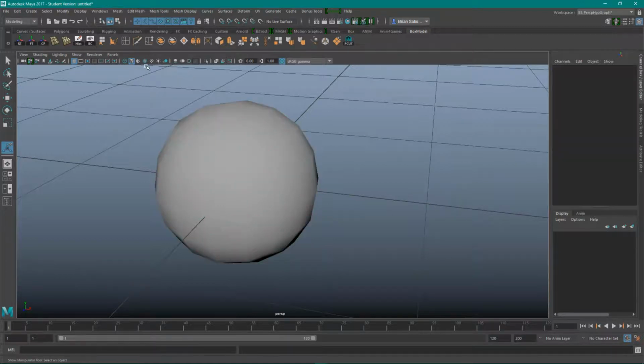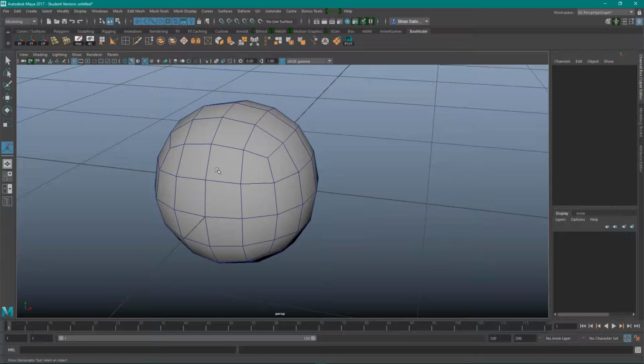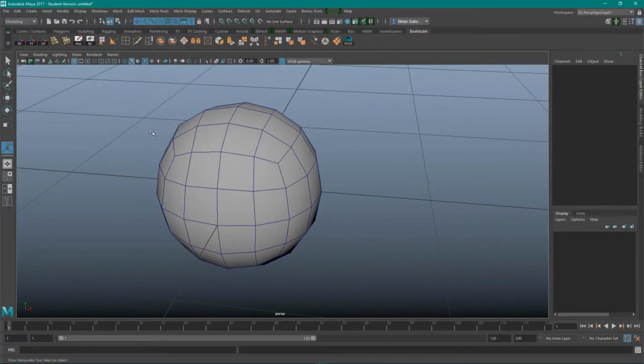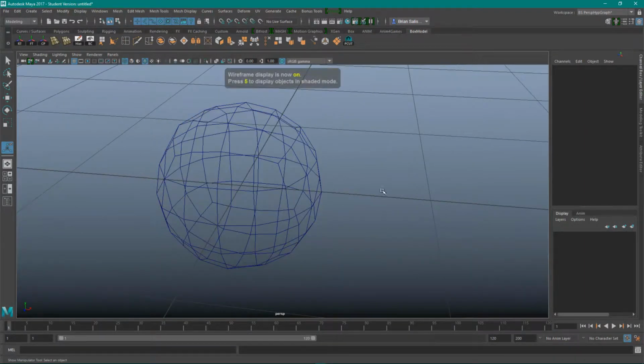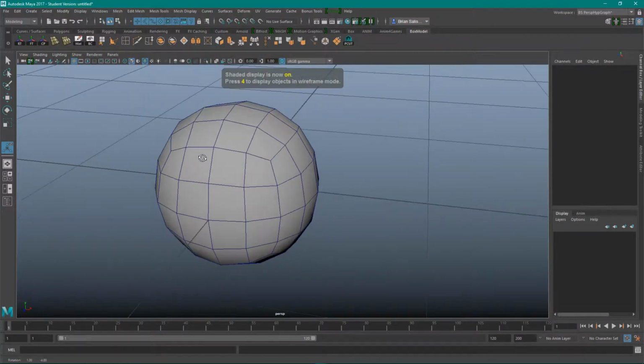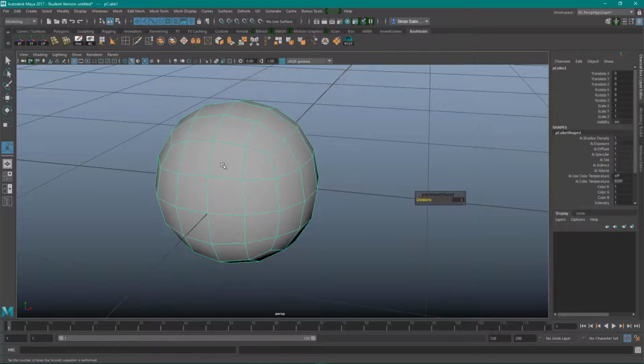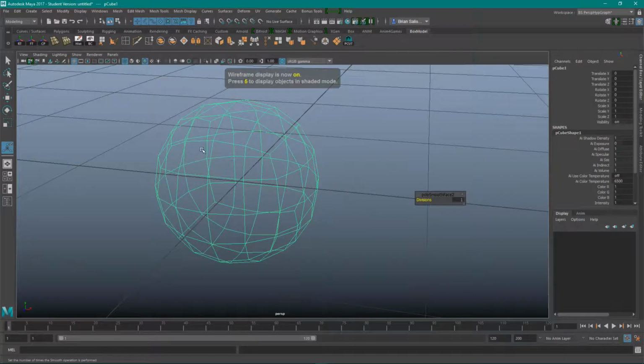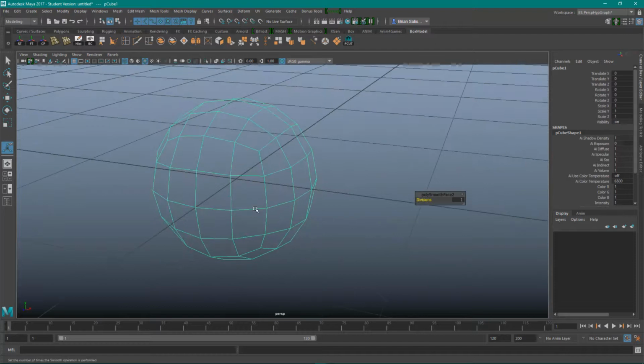And I usually always keep the wireframe unshaded on. 4 key will take you to wireframe, 5, smooth shaded. Now, earlier I told you about back face culling, so what this does is it hides your back faces, the ones that you can't see,